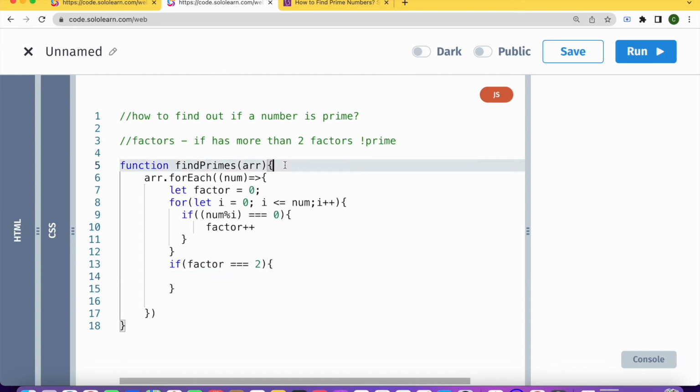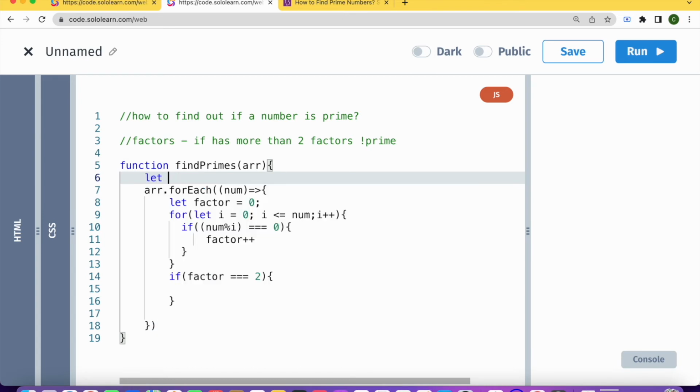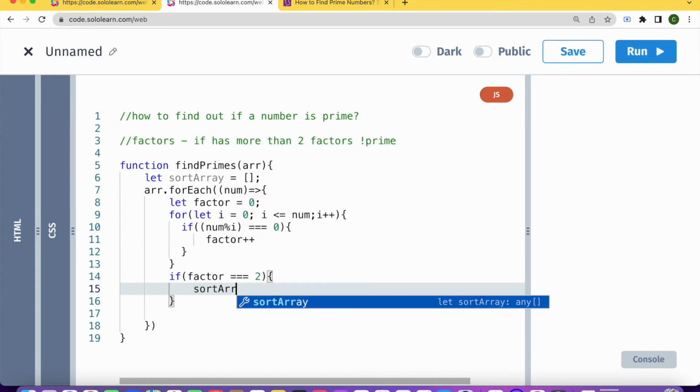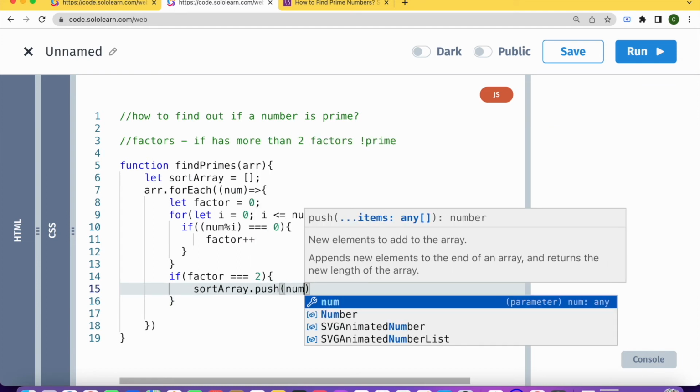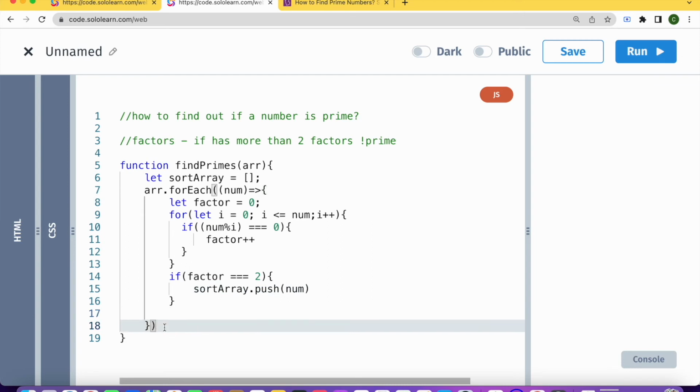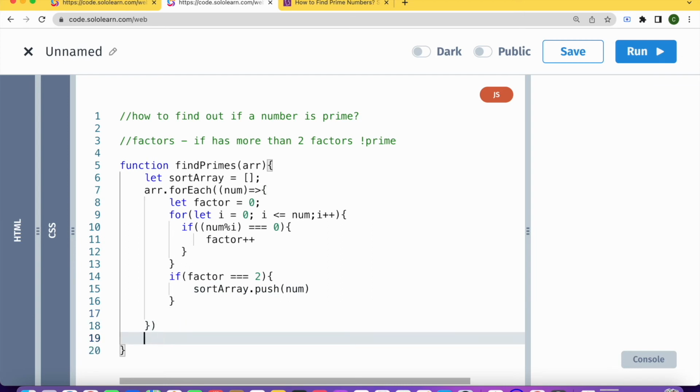Okay, so let's set up another array variable, and this is going to be our sorted array. So this is going to kind of be the answer to our problem. And each time we find a number which is a prime number, we're going to push it to this array. So sortedArray.push(num). Okay, and at the end of all of this, let's just console